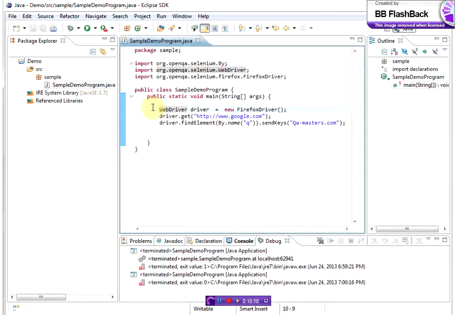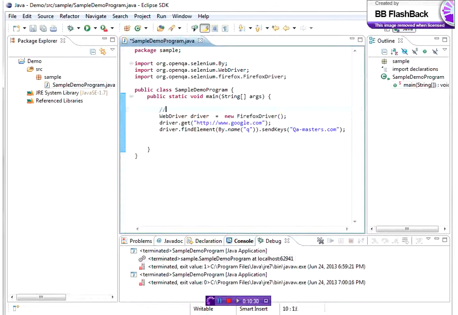In this program I am just invoking a WebDriver. I am creating an instance of the WebDriver with an instance name called driver. Once the driver is initialized, the user has an option to select any of the browsers required. The first statement of this program shows that we are invoking a browser instance.